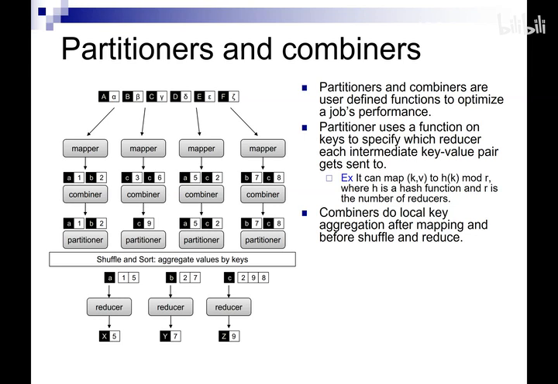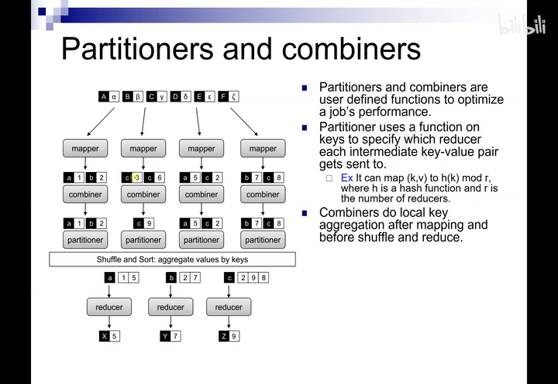So that's for the partitioners, and now for the combiners. The combiners do some sort of local key aggregation after the mapping stage and before the shuffle stage. You can think of them as mini reducers. For example, going back to our text counting example, the previous example, if you have a mapper that output